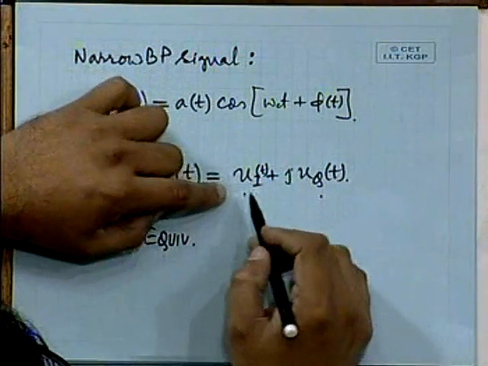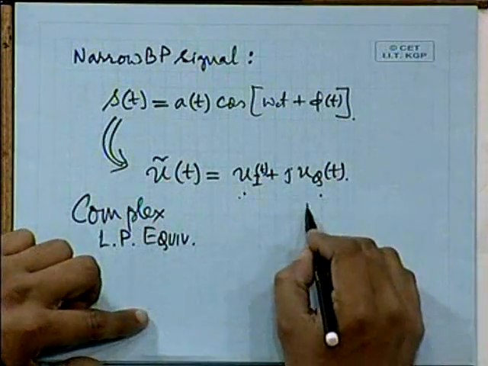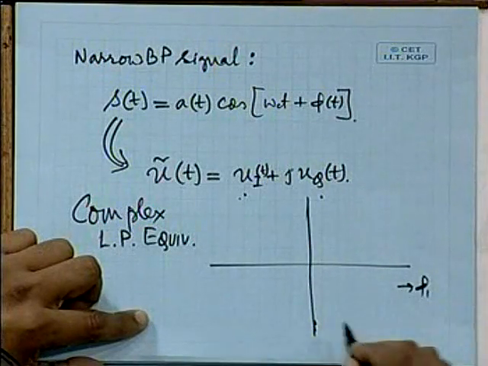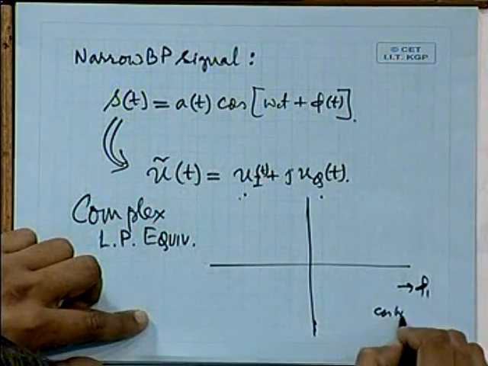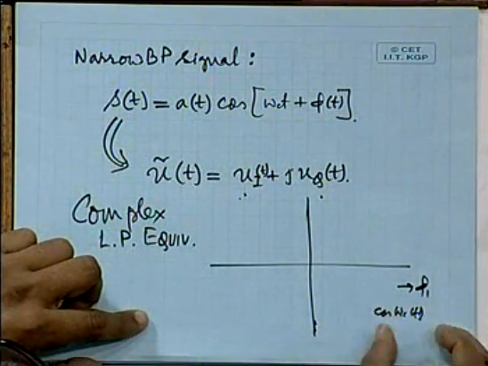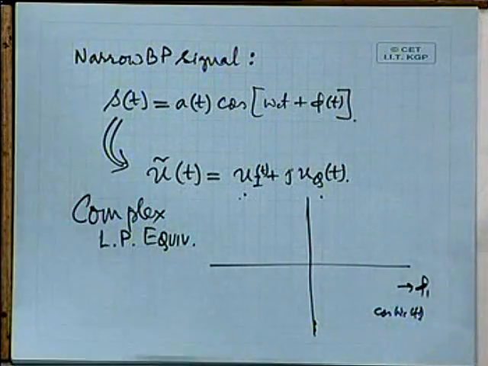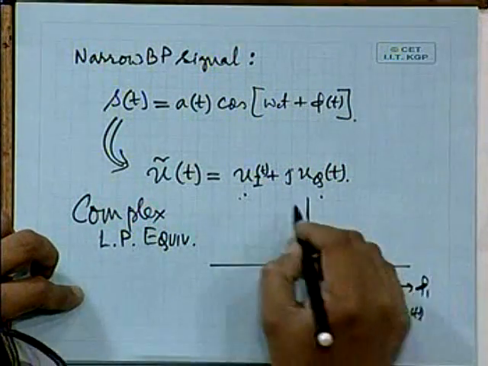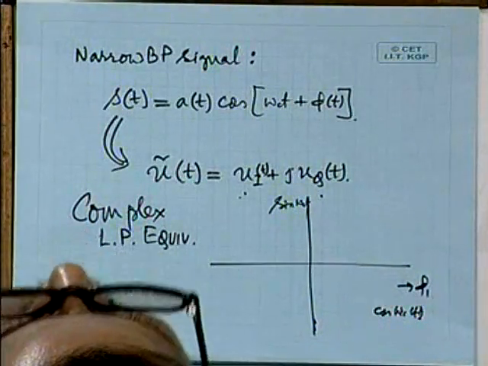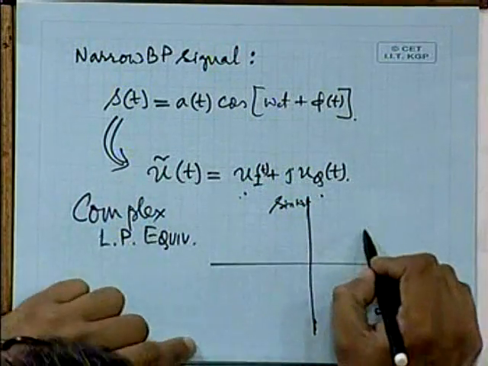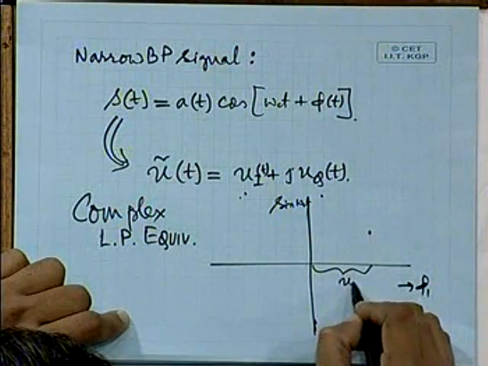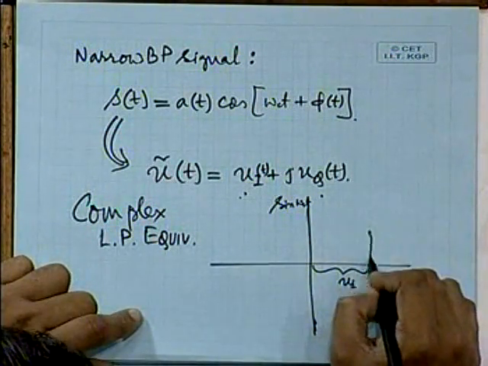Then with a scaling, this ui t and uq t essentially does represent as if phi 1, my basis function, was the cos omega ct portion, something proportional to that. The whole energy has to be unit, because by definition our basis function has got unit energy, and this one may be our sin omega ct related to that. And then I can write that the corresponding signal point, signal vector, was nothing but ui in this direction and uq in this direction,